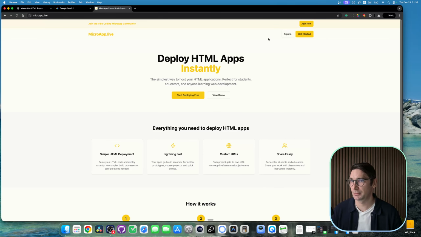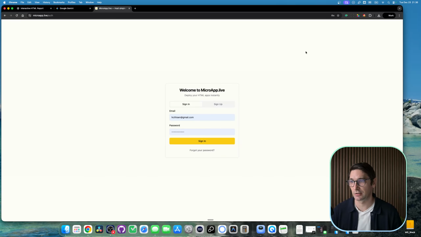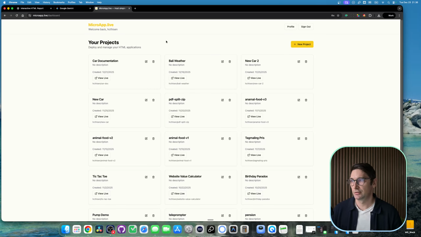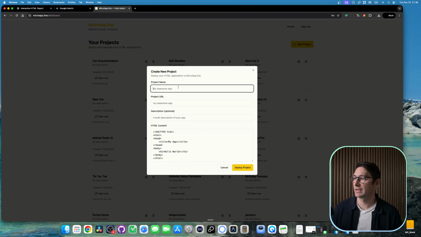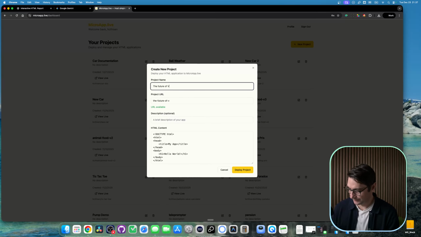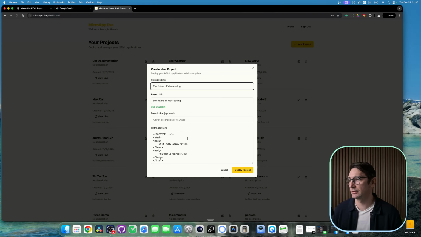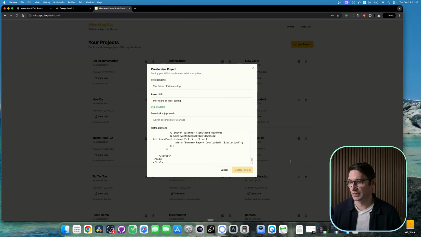So if you go to MicroApp.live, you click on Get Started, you click on Sign Up and create your account. I already have mine. You can then start to create new HTML projects and share them publicly. So I have a lot here, but you can just click on New Project, and let's call this the future of vibe coding, like so. And we're gonna take the code, click share because that's gonna copy all this HTML code. We're gonna paste it in here, click deploy project,